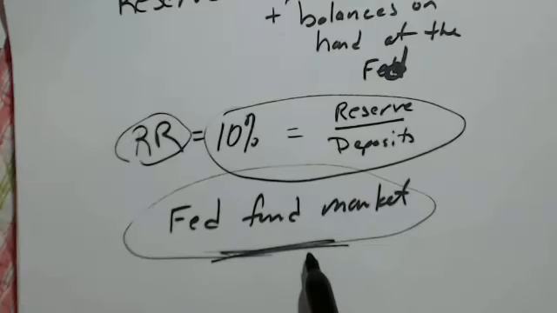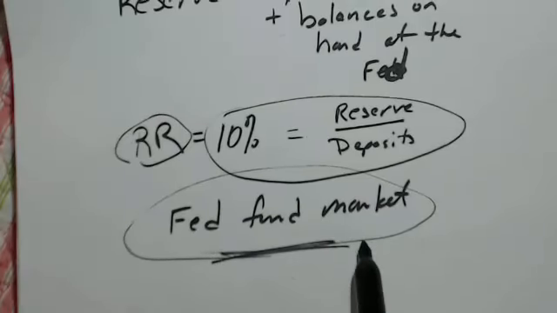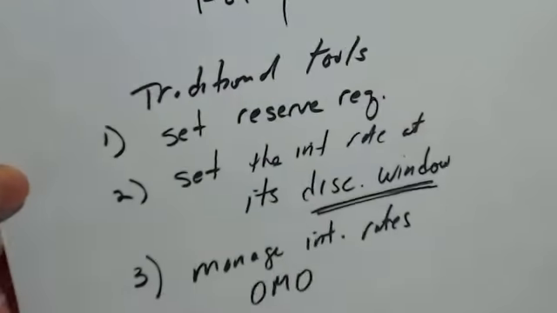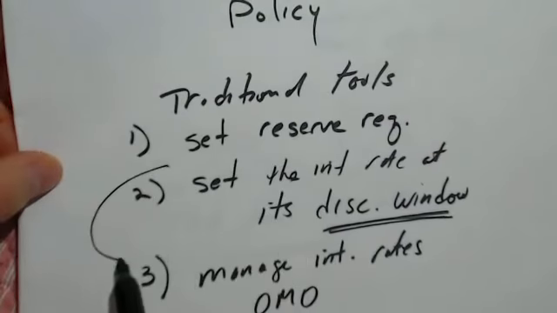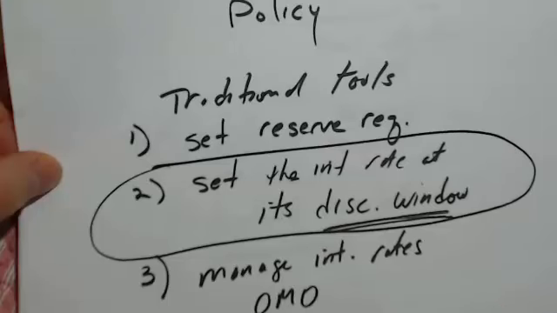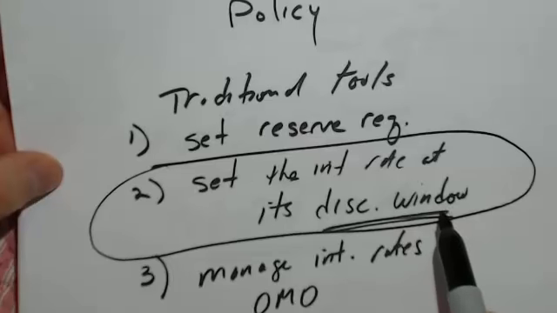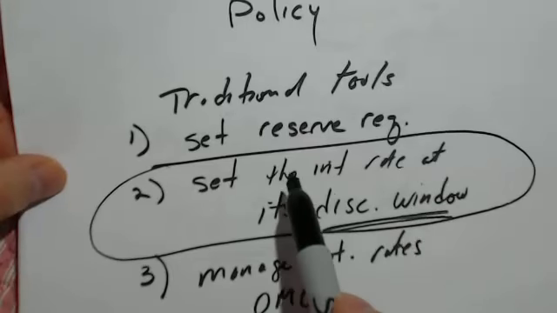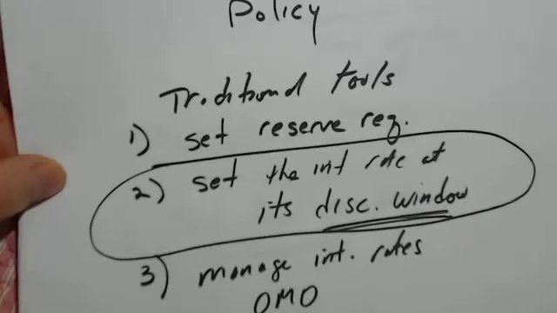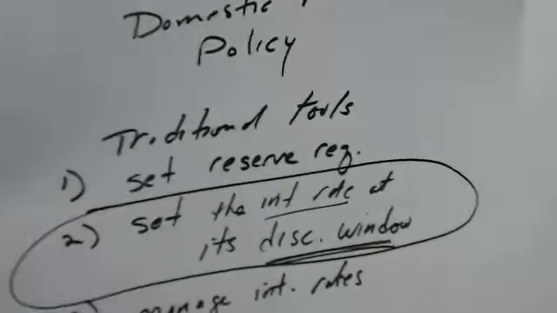Now, if you can't borrow money through the Fed funds market for some reason, let's say Wall Street knows that a bank is going under and it's not doing well, nobody's going to want to lend to that bank because they're not sure they're going to get their money back. That's where the discount window comes into play, this guy that we talked about. If a bank runs into trouble and can't borrow in the private market, the Federal Reserve is the lender of last resort. It's the bank for the banks, and it will lend money through its discount window and charge an appropriate interest rate called the discount rate.